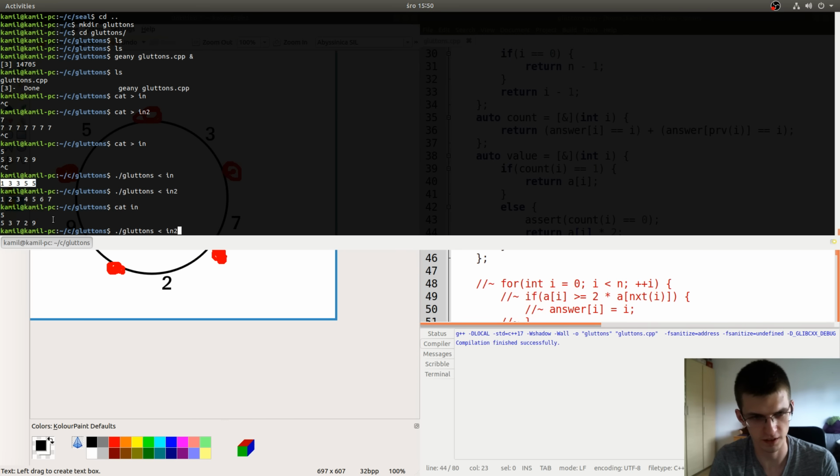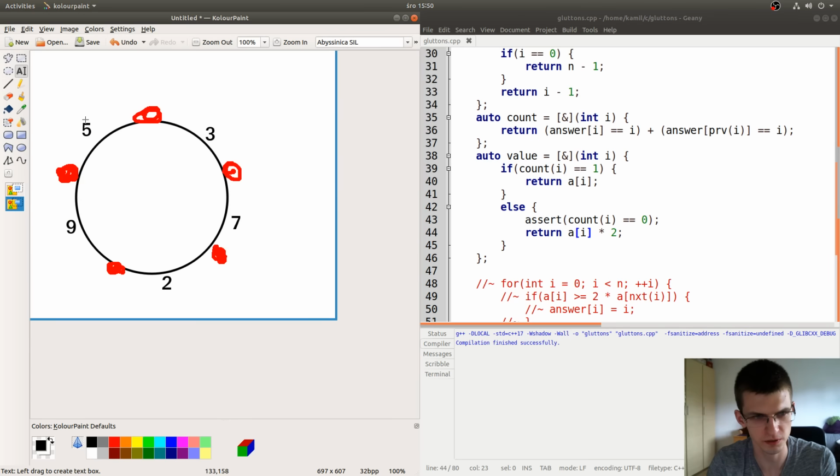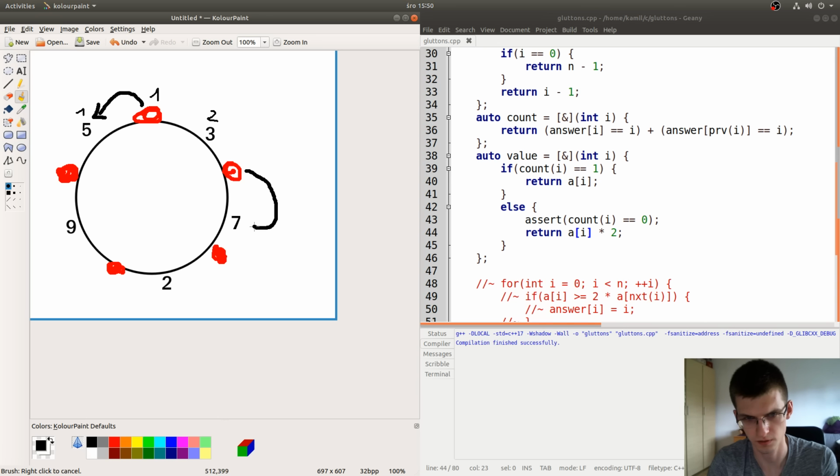Okay, and here let's see how it's numbered. So this was the first cake, second one. So this is the first cake, this is the second one, and this is the first person, because the first person can choose between the first and second cake. And let's see what my program does. 1, 3, 3, 5, 5, 1. The next person chooses this, and 5, 5.